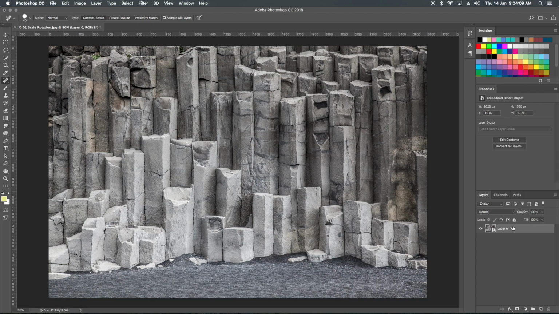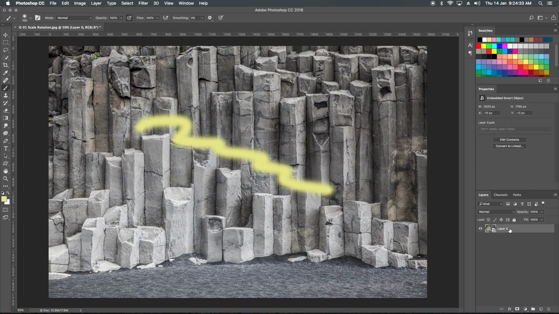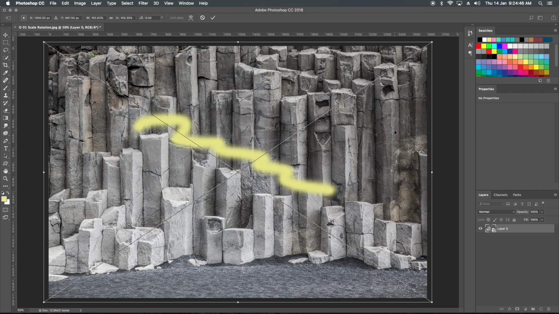If at any time I want to go back to this image to do some more changes, the second way to go there is just double clicking the smart object. Again we are in the layer. Let's say now we want to use the brush tool, we want to lay some color, okay, and we'll save this one, we'll close this one, and now you can see it in the smart object. So it's very easy now to do all these changes in a smart object and we cannot lose the pixels too.